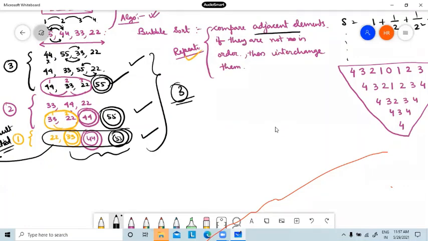So if this is X element, this must be Y element adjacent. So what have I compared? I have compared X with Y. How many times have I repeated this adjacent element comparison? See, if there are 4 elements, then I have compared 3. When there are 3 elements, I have compared 2. When there are 2 elements, I have compared 1. So always 1 less. So if there are n number of elements in general, then I have to repeat the first time n minus 1, next time n minus 2. Logic clear?